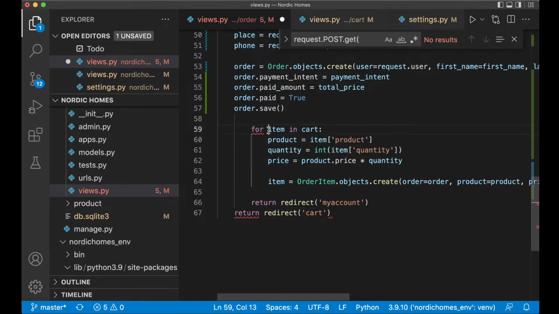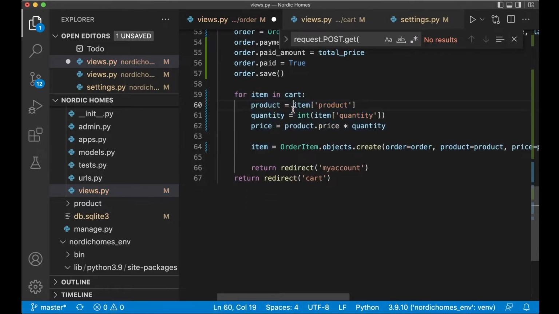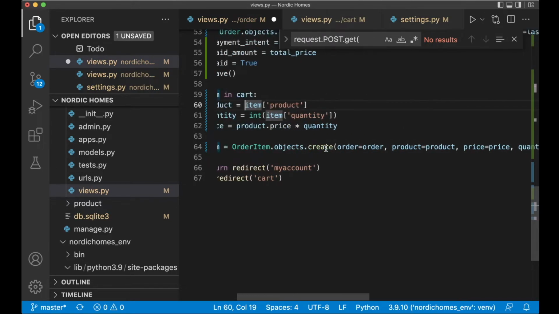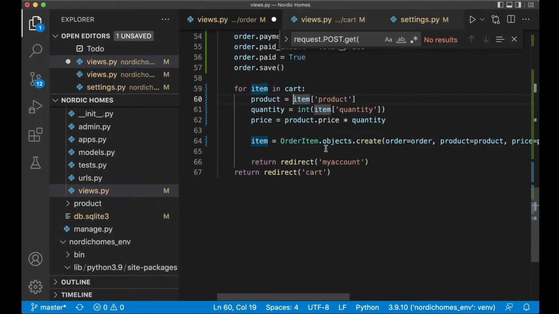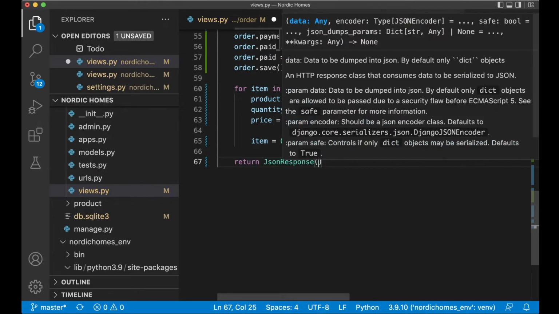and then we need to loop through the items in the cart again. And here I want the product, I want the quantity and the price. And then we create a new order item for each of the items. And then I can just here say return JsonResponse